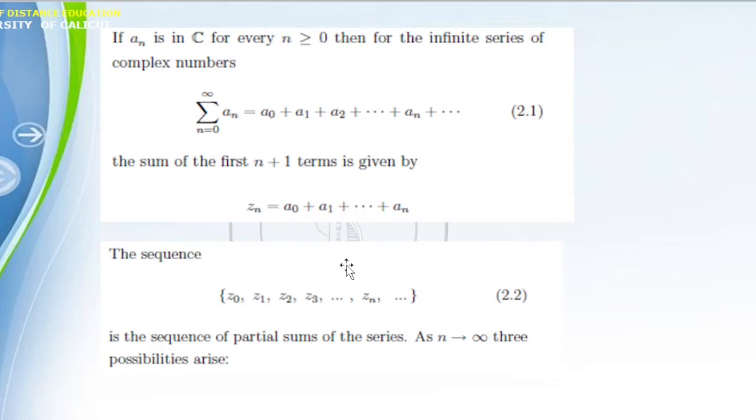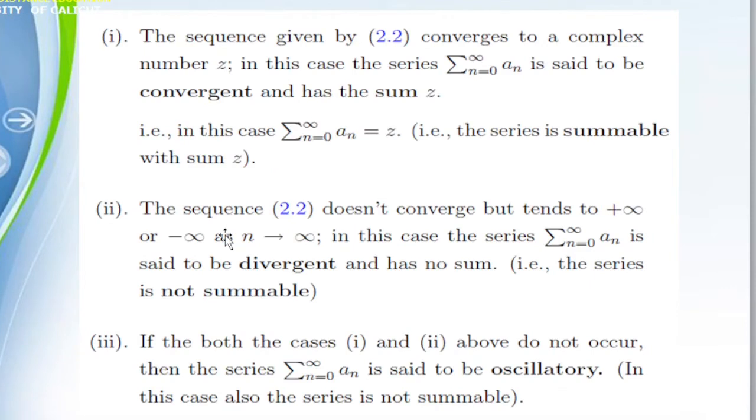The sequence converges to a complex number z. In this case, the series sigma n from 0 to infinity an is said to be convergent and has sum equal to z. In the other case, sigma n from 0 to infinity an is not z itself, and the sequence does not converge but tends to plus infinity or minus infinity as n tends to infinity. In this case,